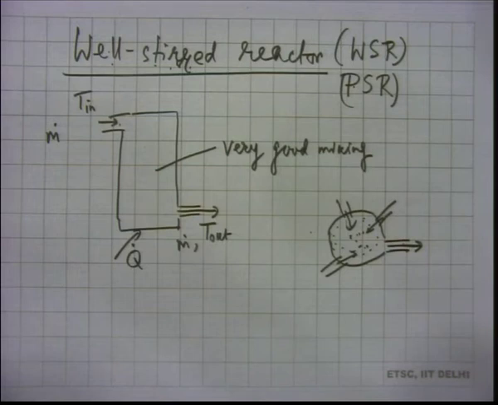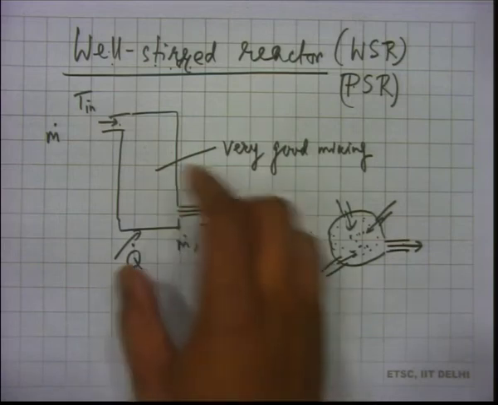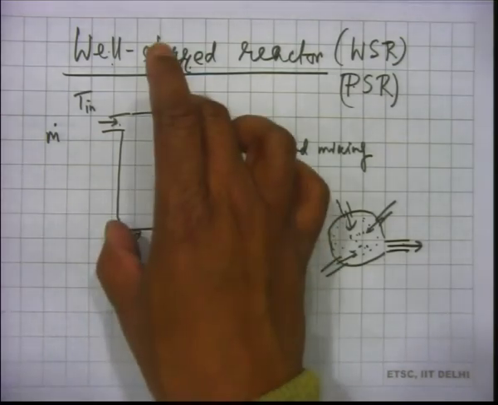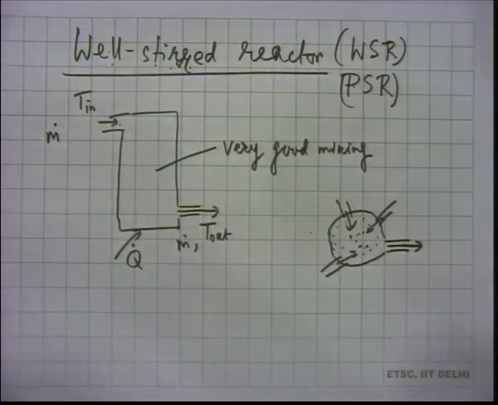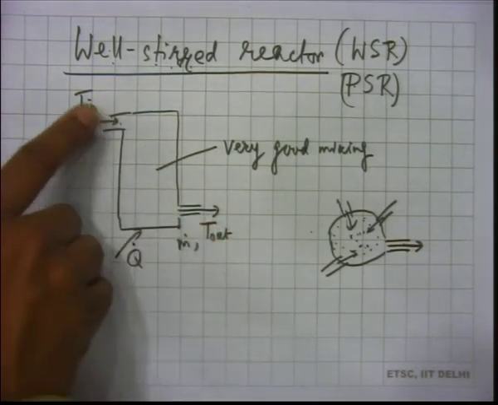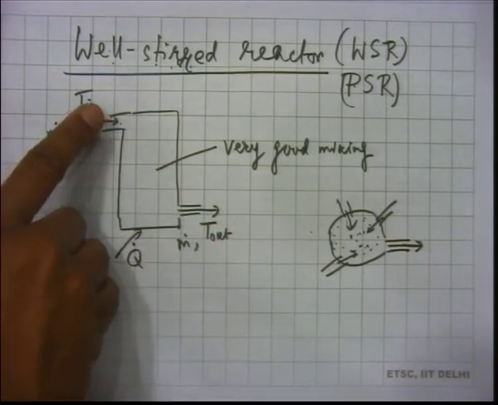But what else are you interested in? You are interested in the temperature at the outlet. What else? The time it takes for the reactants to come out from the outlet, the residence time. So, there has to be a residence time issue also. The residence time will depend on what? It will be related to the density, the volume divided by the mass flow rate, isn't it? It depends on the density that you get here, but it also depends on the rate at which you are pushing the reactants in. Okay, that is one.